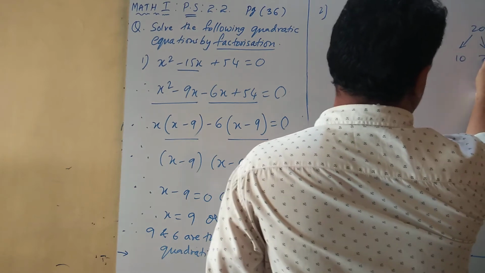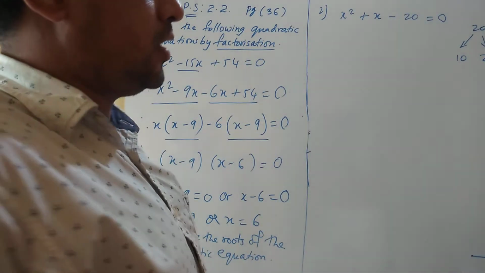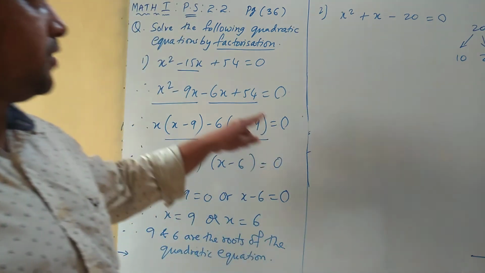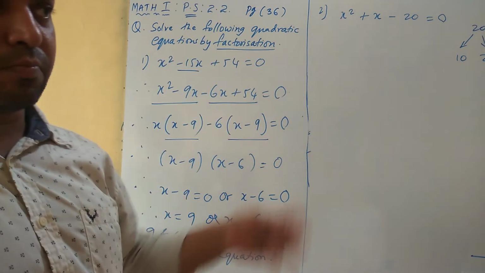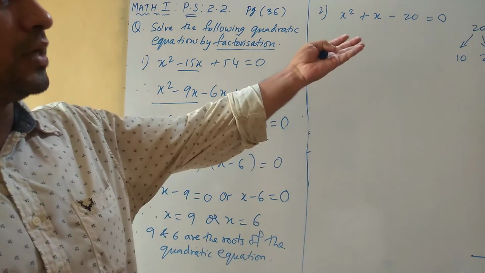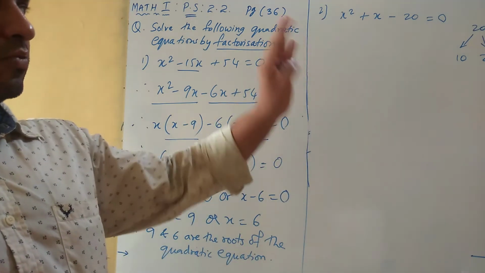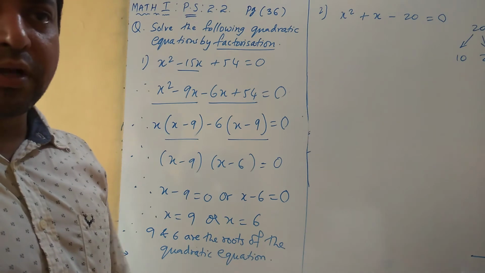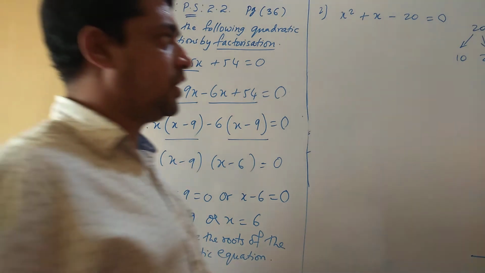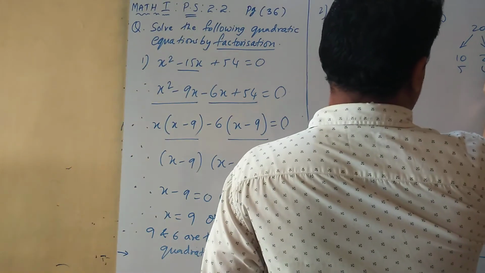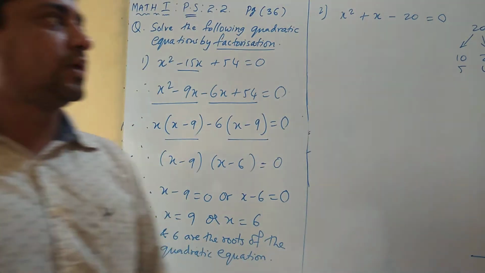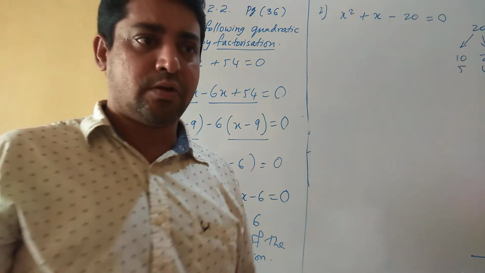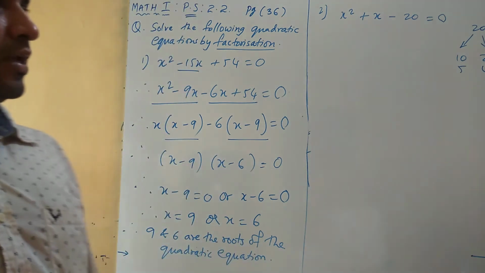20. Okay, 10 twos are 20. Okay, here the table is easier. Earlier for 54, I got 18, 27 twos. That was maybe difficult for some of you. Here there won't be any problem because 20 is an easy number. Everybody knows the table. So 10 twos are 20. Okay, 5 fours are 20. You'll say, sir, 4 5s are 20. That is one and the same. 2 tens are 20. Okay, so we'll leave it as it is now.